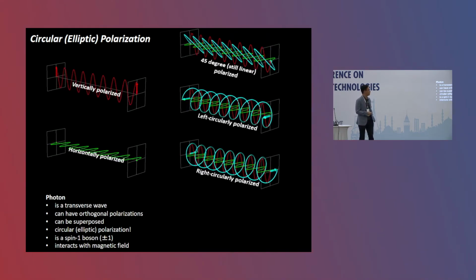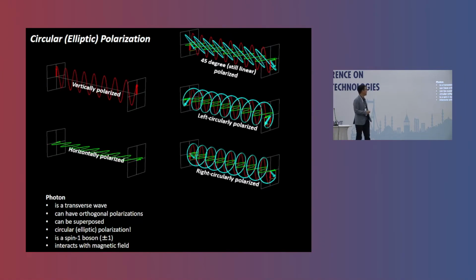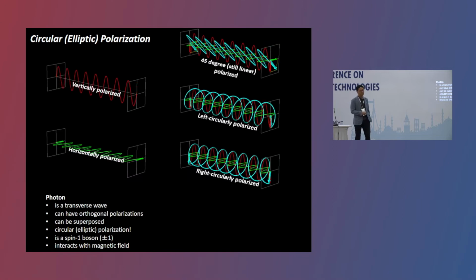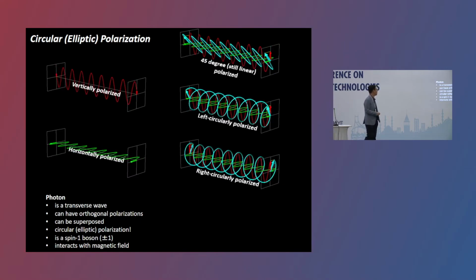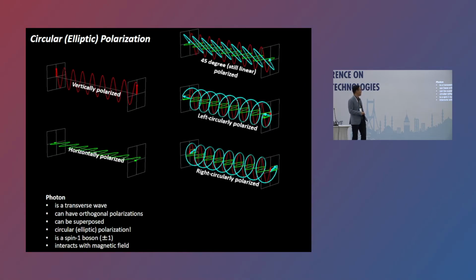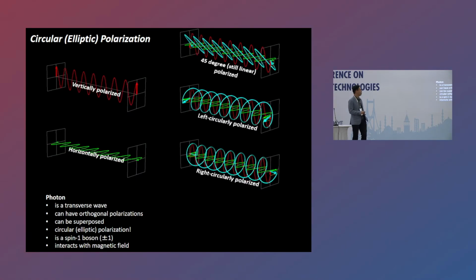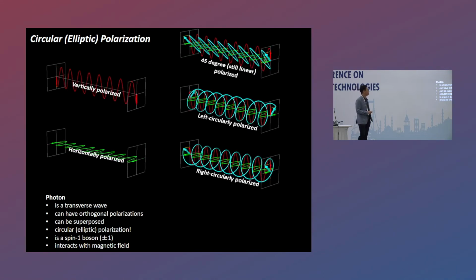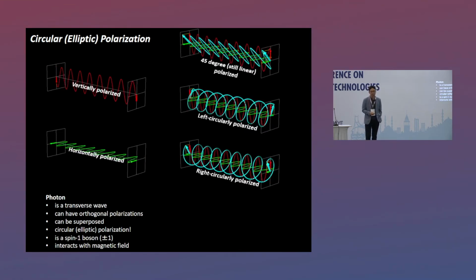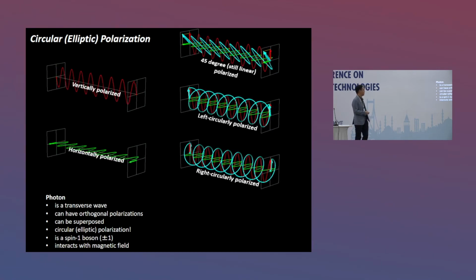So these are some basic ideas on transverse waves. You have 2 different waves with 2 different polarizations, so you can have vertical polarization and horizontal polarization. This is well established for photons. A photon is considered a transverse wave, although a quantized transverse wave. You can have orthogonal polarizations, and they can be superposed. If you have no phase difference, they are still linear polarization, but with some phase difference between these 2 waves, you can create circular polarization, or introduce chirality to this system.